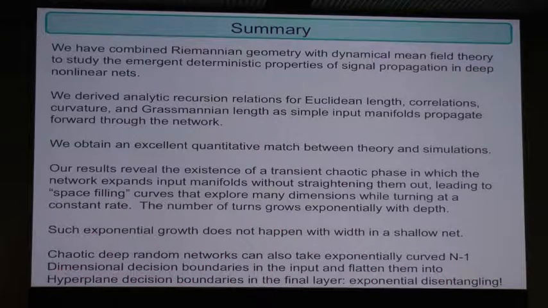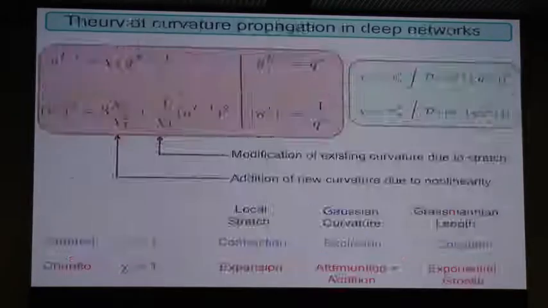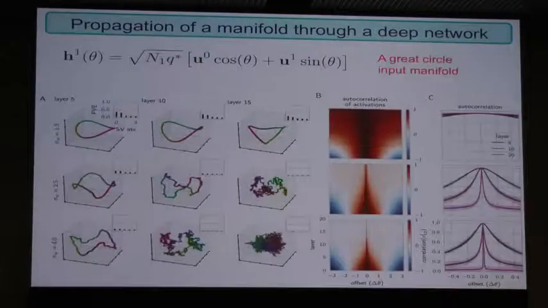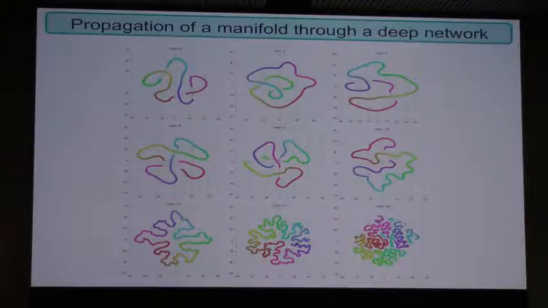So again, what are the implications? So remember, everything I said about input-output chaos also holds for weight chaos. So if input manifolds propagate and become decorrelated in output space, then as you move in weight space, function space becomes decorrelated. Where you move to in function space becomes rapidly decorrelated from where you were before. So some of you may have noticed that I used the same figure twice. This was a figure that I used in the beginning of the slide as a caricature of function space. But this is, I derived it from input-output chaos. But it turns out this is actually also what's going on in function space, and we can prove that.